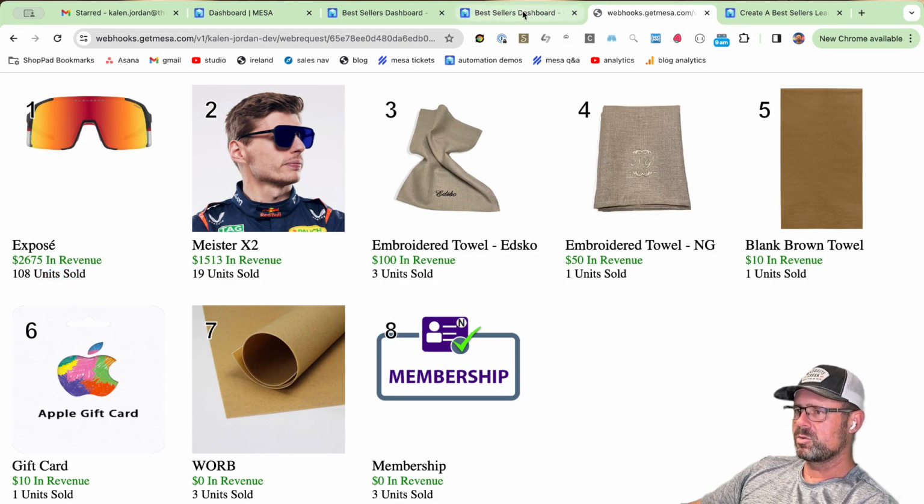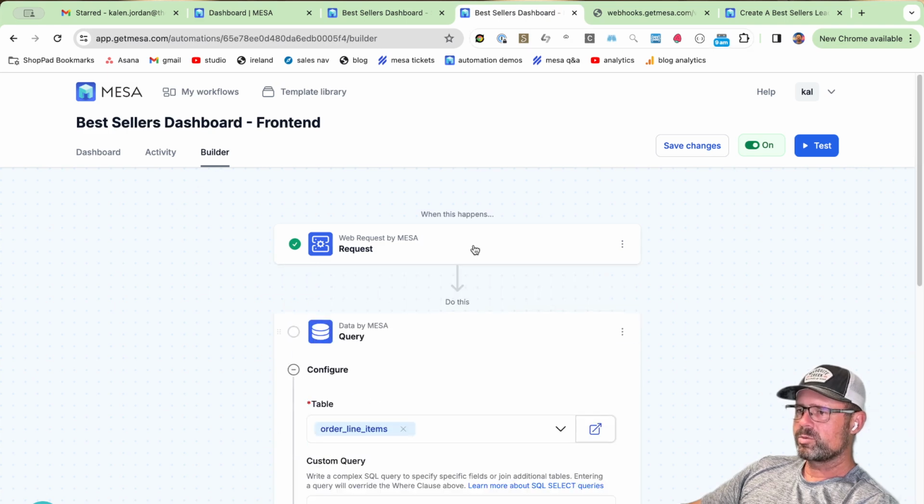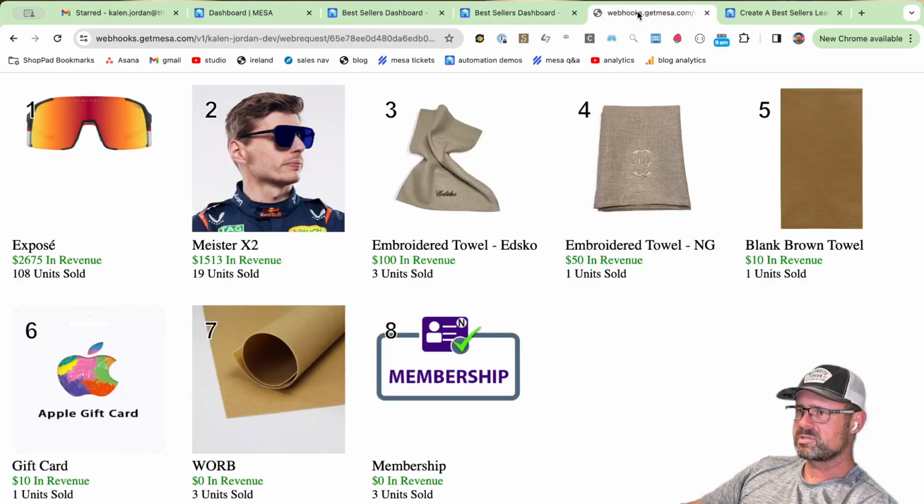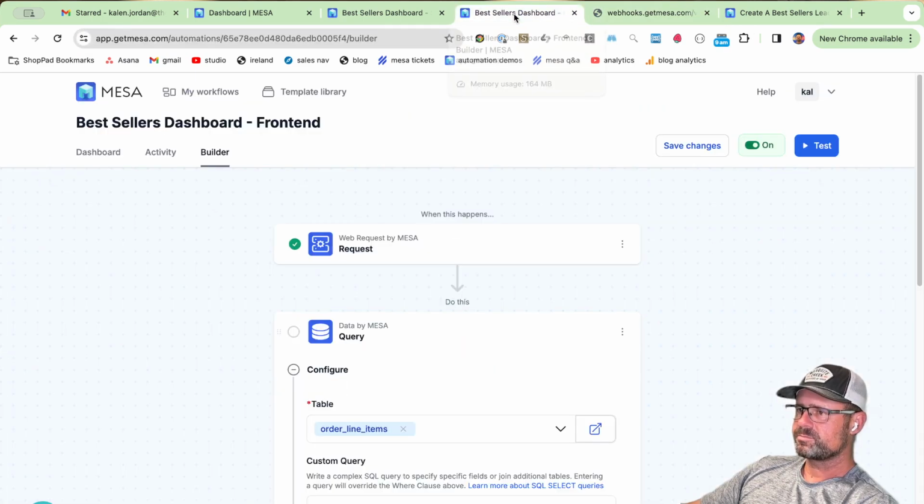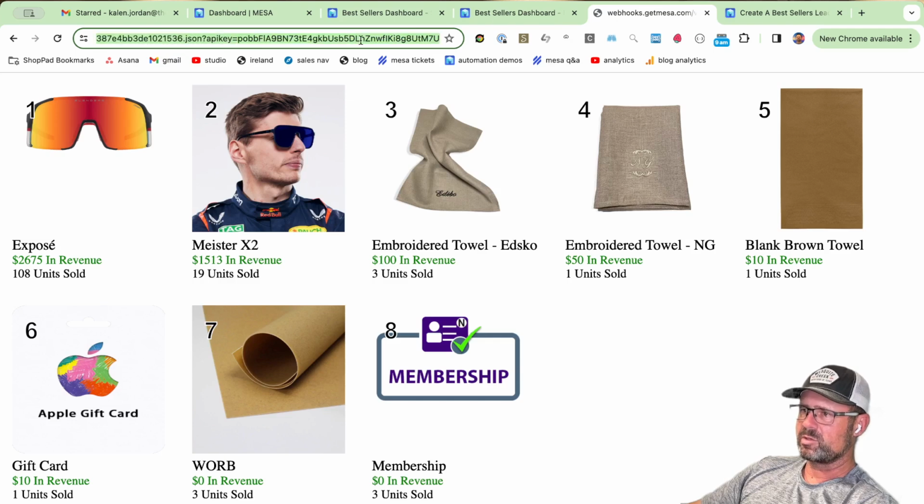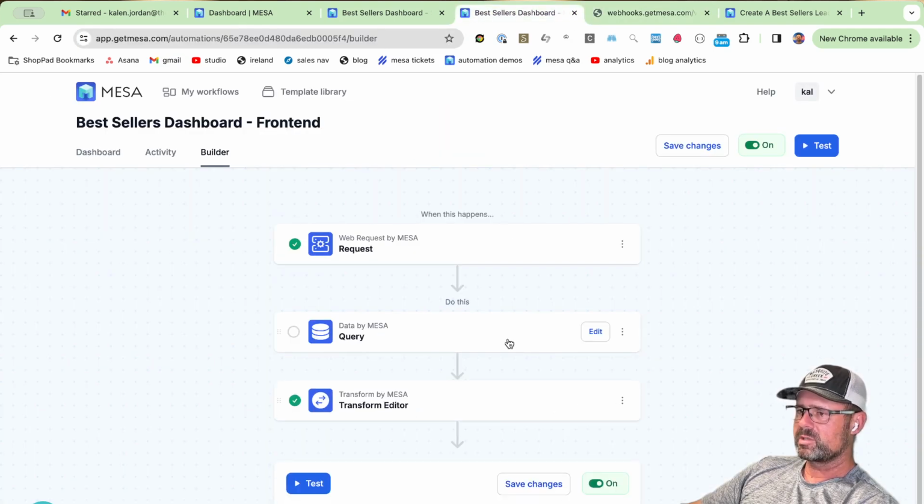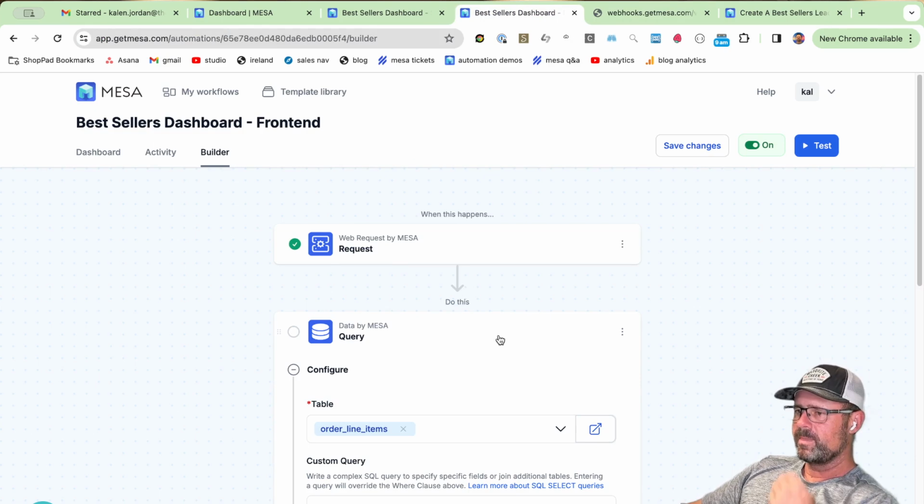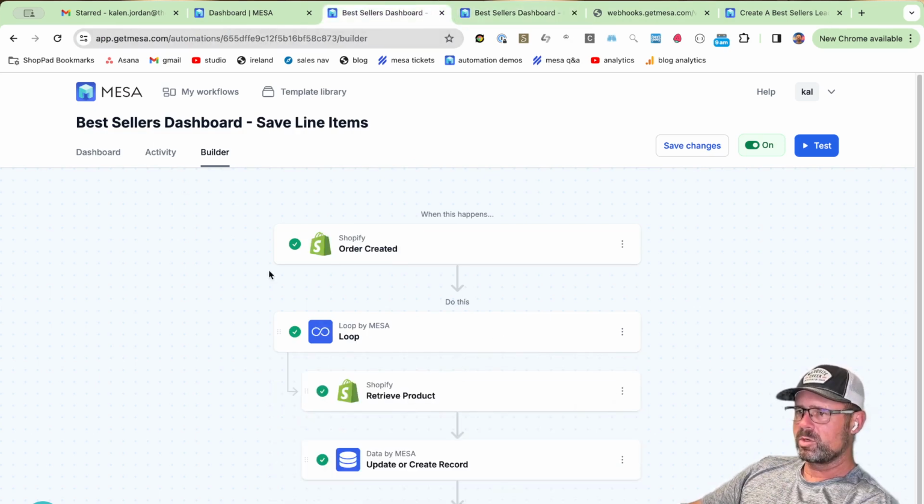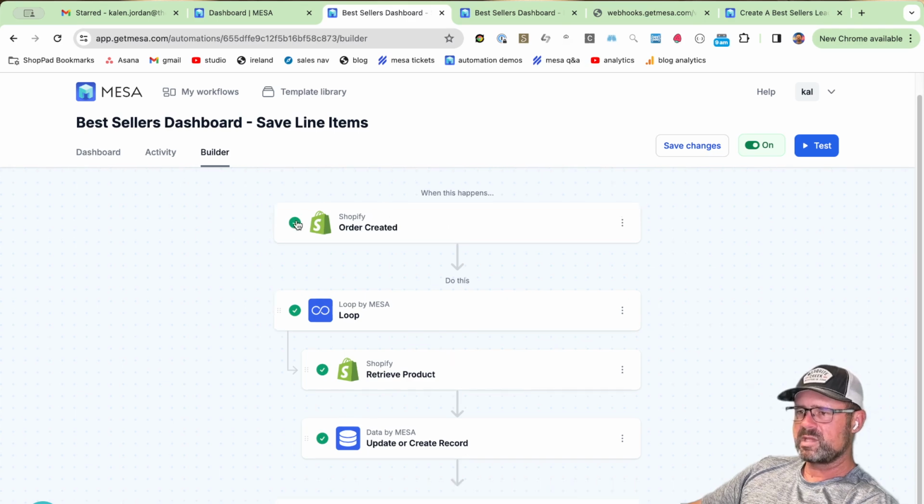So this is a cool use case for our web request feature, which is what's giving us this public facing URL that can be accessed. In this case, it's going to be a private URL that you're not going to share publicly, but you can use for your team. And the way the workflow works, we've got a workflow here that's saving the line items